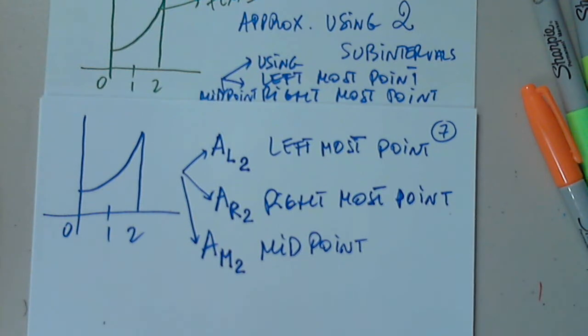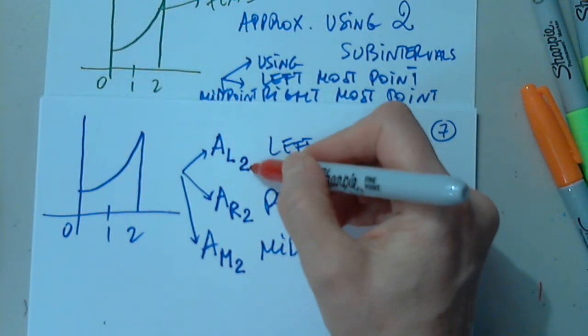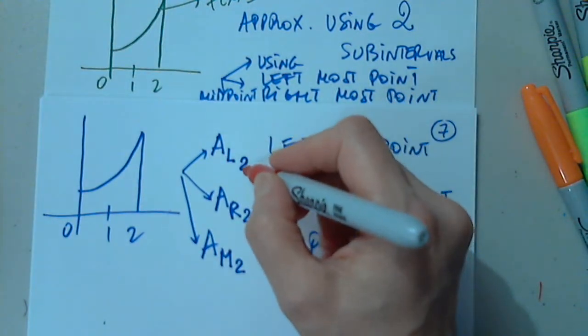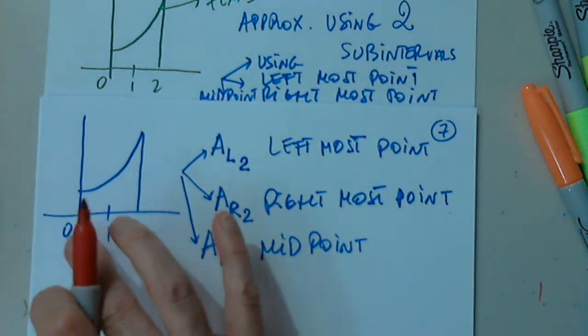Why so many? Why left and then right? And why the midpoint? What is all this? Why so much work? Well, you will see in a moment. What is the area with the leftmost point? So first of all, I will divide this interval